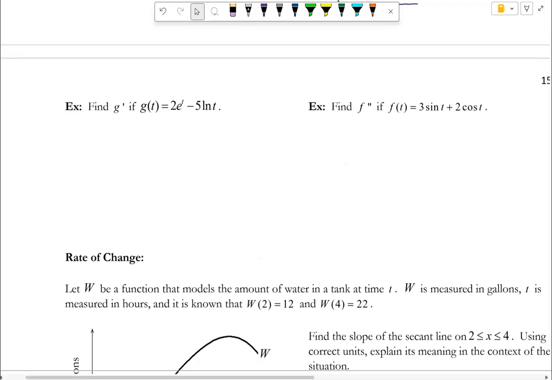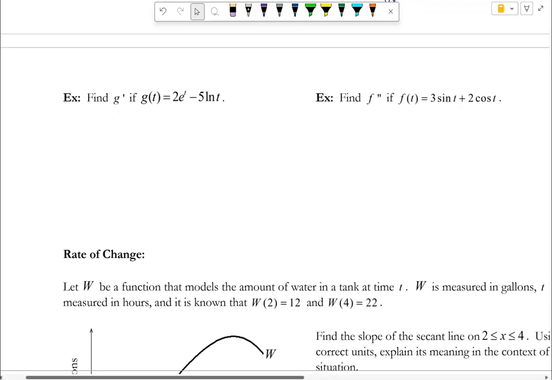Okay, I'm going to assume that you did that. So for the top example, we're asked to find g prime, and we're given the function g of t is 2 times e to the power of t minus 5 times the natural log of t. So again, we need to use our basic derivatives for these basic exponential and logarithmic functions. So if I'm finding g prime of t,